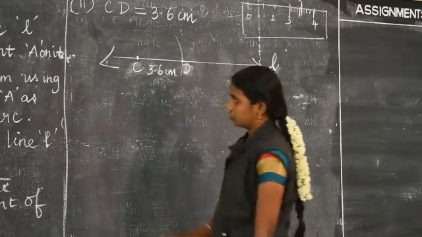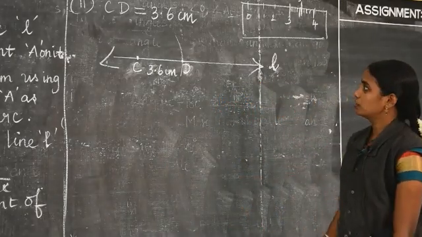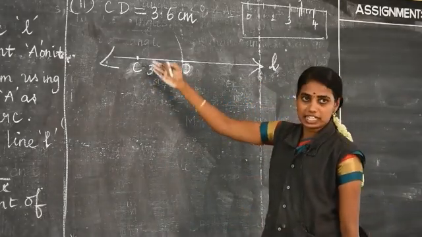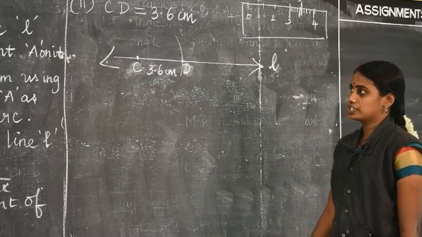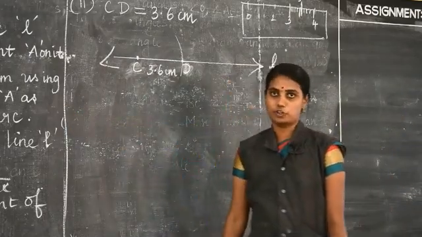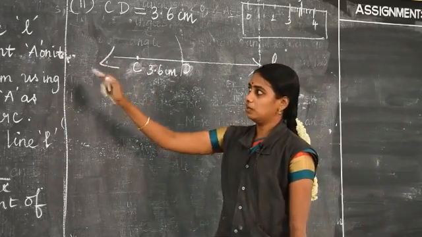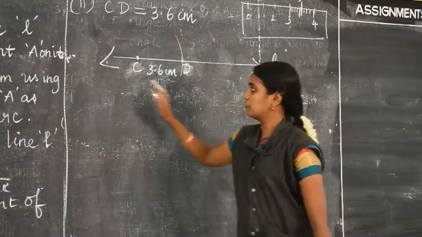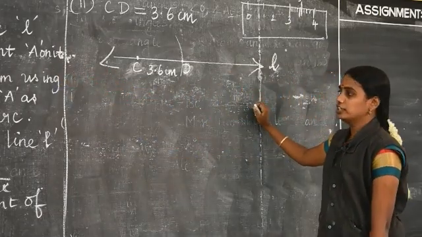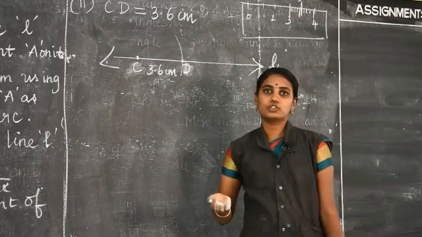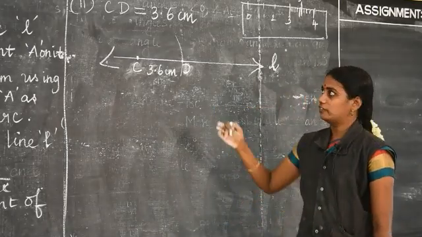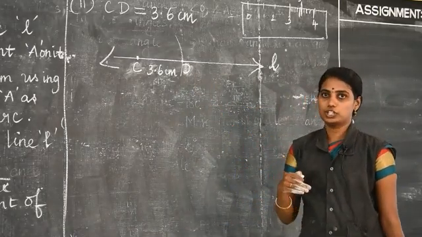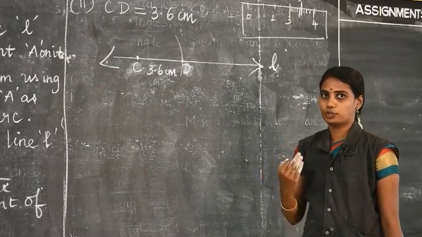Once again, we have the construction for this problem also. Construction is the same as the previous problem. Draw a line L, mark a point here, a point C on it. The construction I will send through WhatsApp. Clear? For the second option and the third option, the construction we will send through WhatsApp.